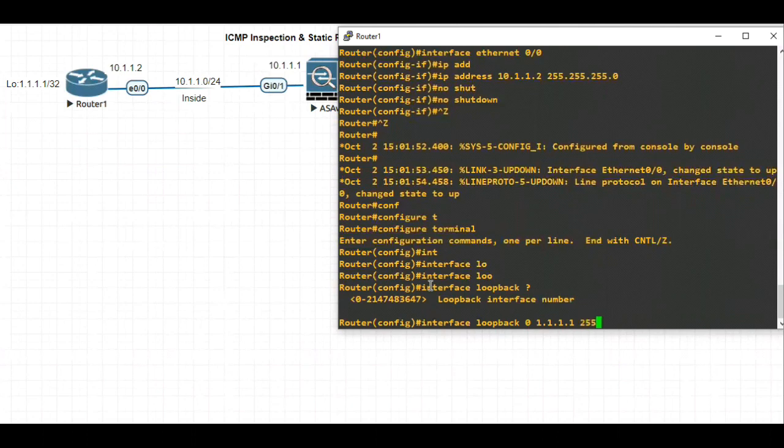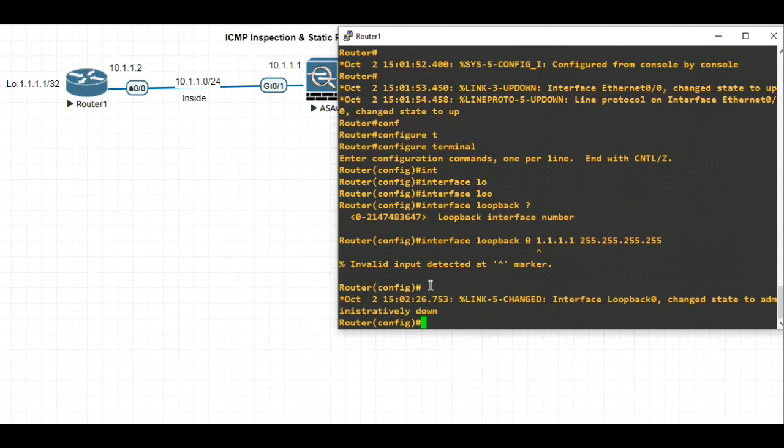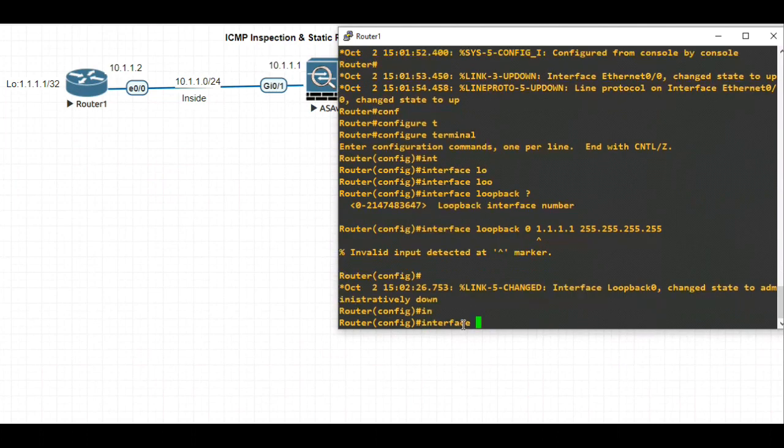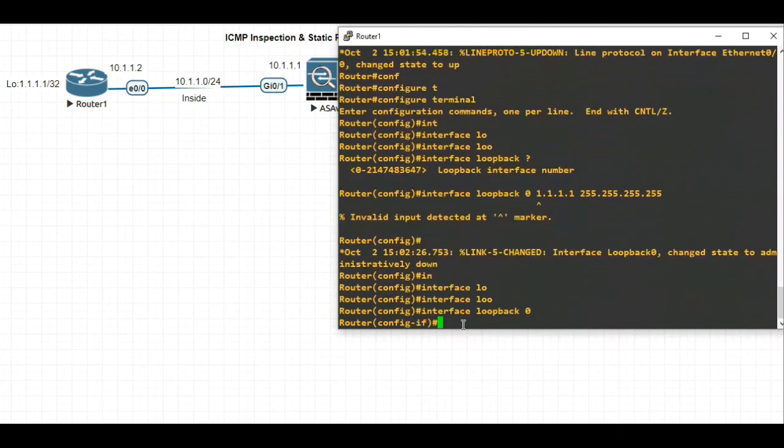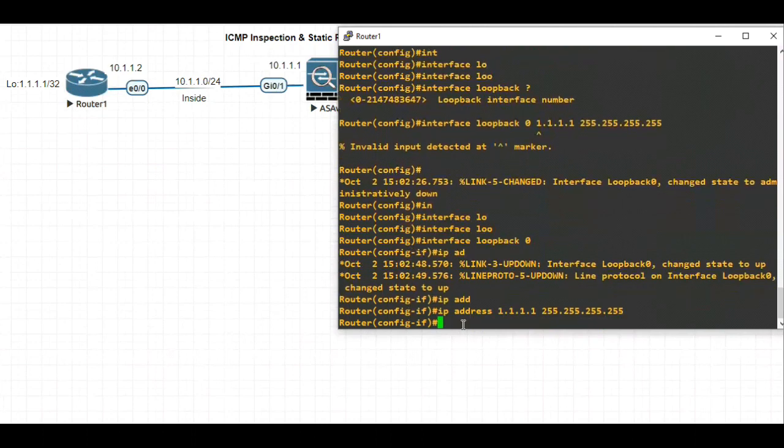Since it is /32, I'll say 255.255.255.255. Exit.